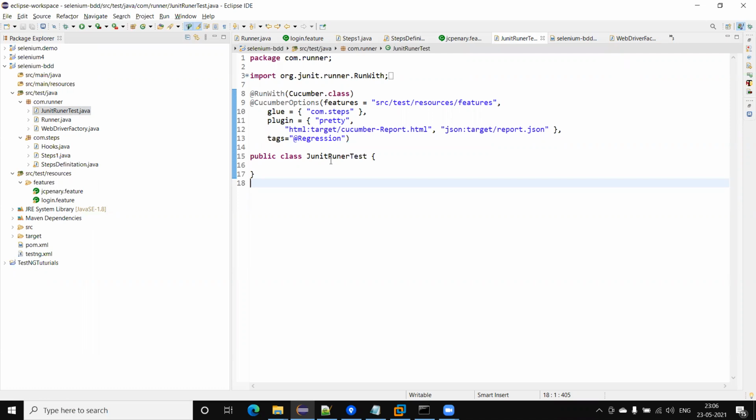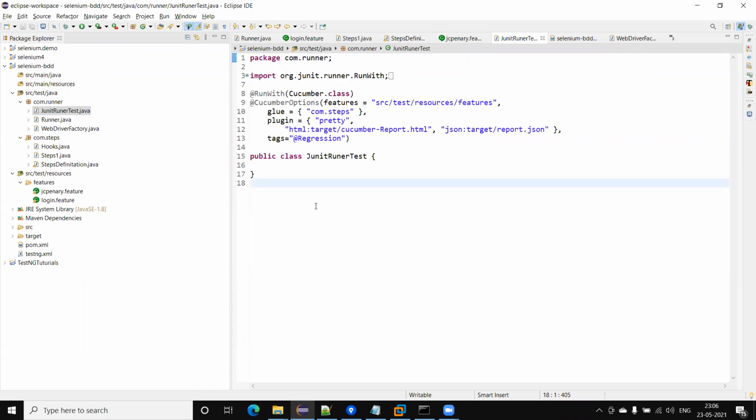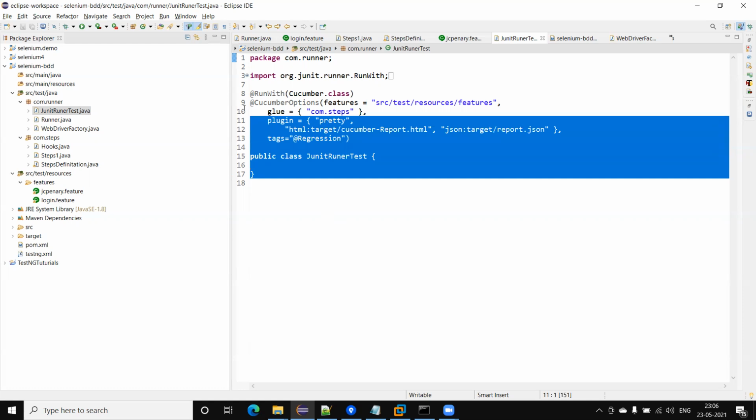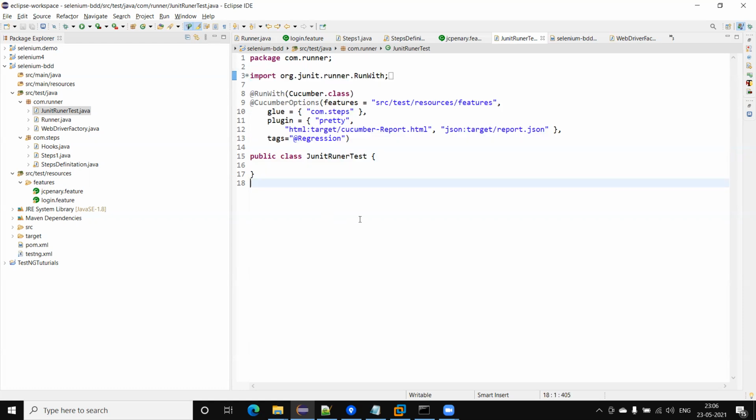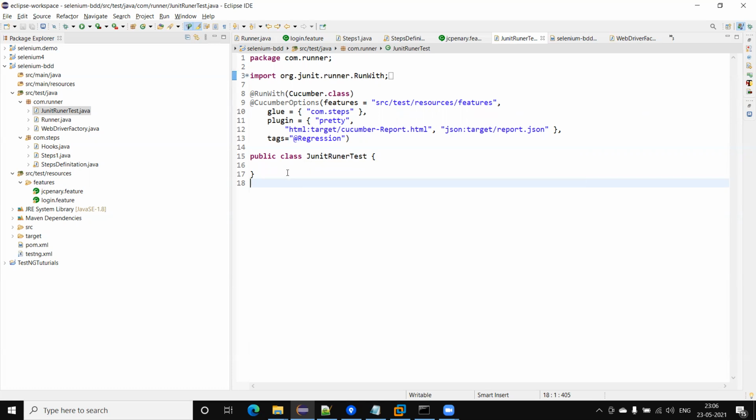You can see here, this is the JUnit runner, and I have already created this runner in the previous tutorial. If you are watching in sequence, then you saw when I created the JUnit runner. We don't need to do anything here after creating the test runner. The rest of the code is also the same, and we just need to add a suffix, test. Like for JUnit runner, I have added the suffix as test.